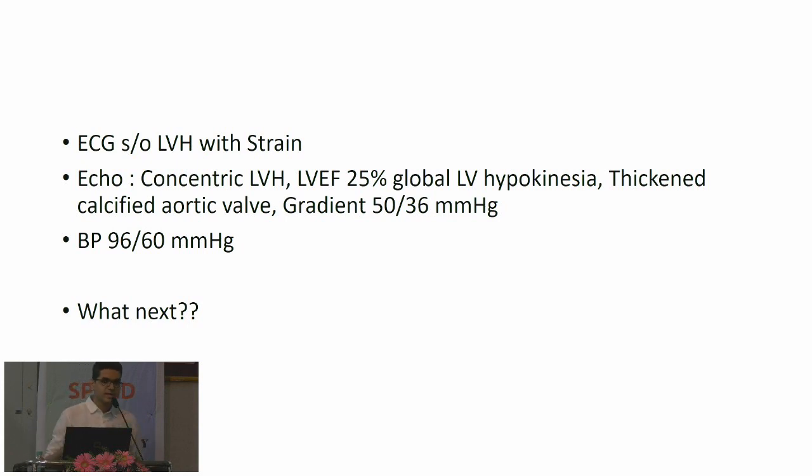That is the main idea. We are looking at a moderate gradient with severe LV dysfunction, so what we call a low gradient, low flow. That is the topic of discussion. If anyone can come forward and discuss it, we'll take a few slides on the appropriate guidelines, which is what we have to write in our exam. It's a commonly asked long question as well, isn't it? As well as in the practical. How will you evaluate this subset? What would you do next?